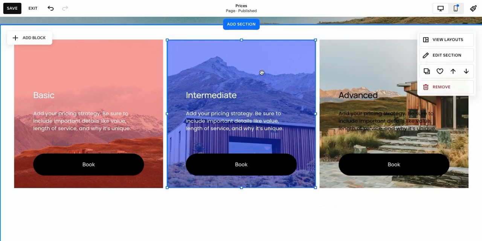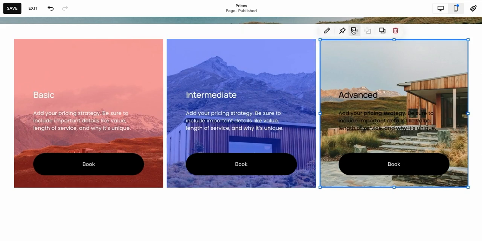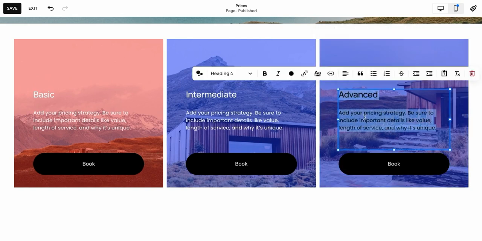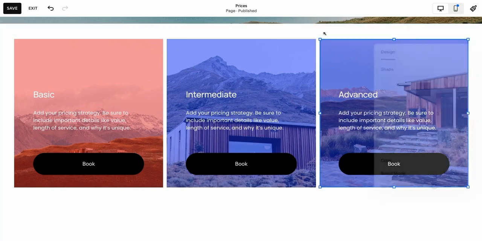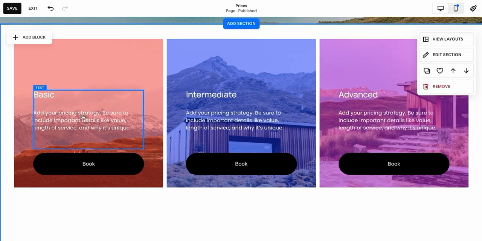So we've got this, and then we could do the same thing, again looking at the layering. So again, just an alternative idea as to how you can use that shape block, start to layer it, and